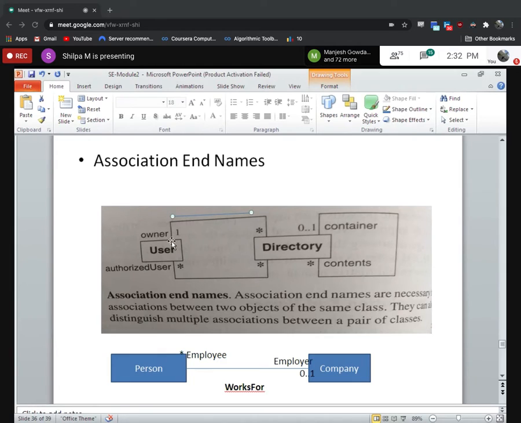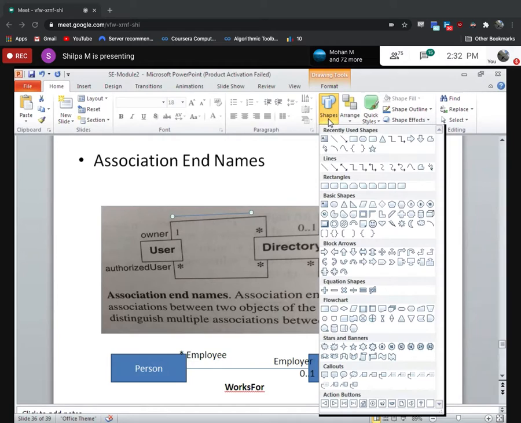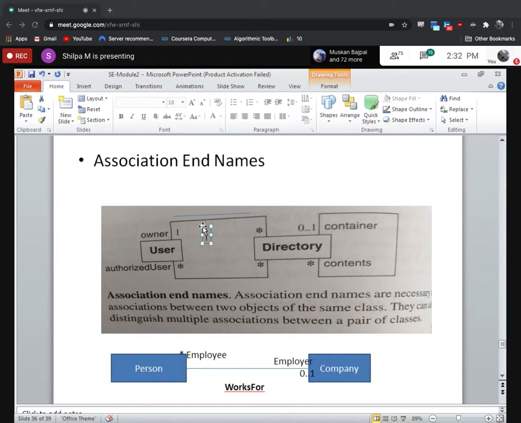So in this case, the association name is owns. User owns a directory. Here, user uses, I can say, as an association name. This is natural, right?